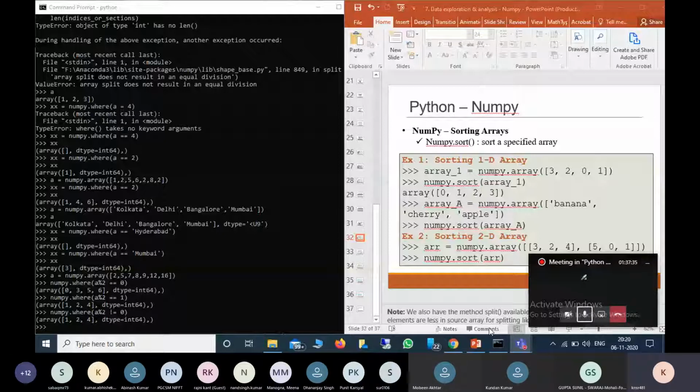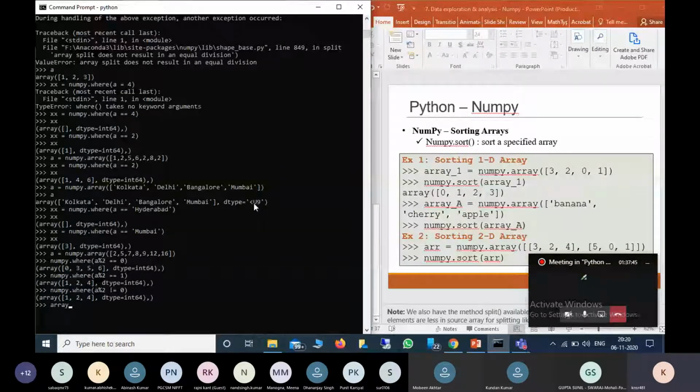Now you can see, for example, A1 equal to numpy dot array 5, 2, 3, 1, 4.